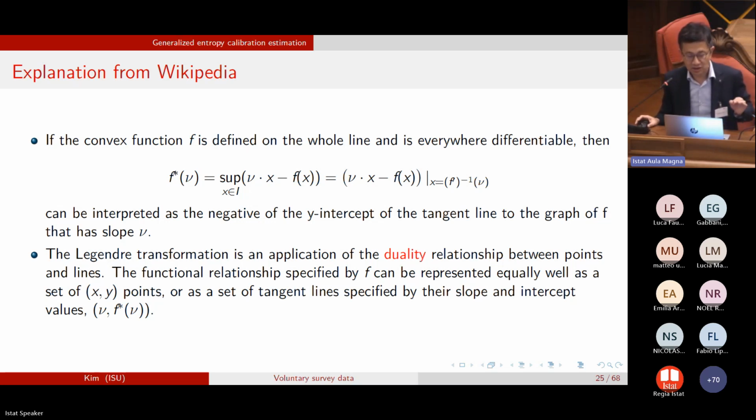So the functional relationship specified F can be represented equally well as a set of xy points or as a set of tangent lines, specifying their slope and intercept. If you change the slope, you get a different intercept, right? So that gives another characterization of the function. But this one gives a very interesting